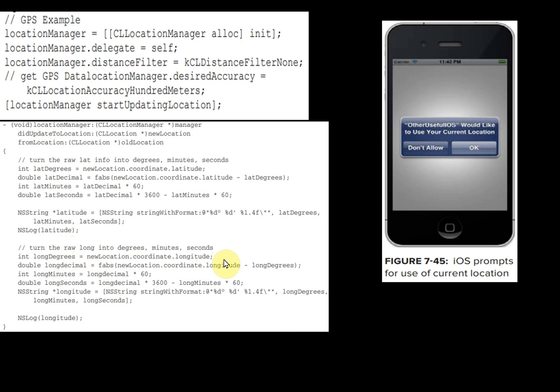In this method, we are going to convert the GPS data that is sent from iOS into the common format of degrees, minutes, and seconds, for longitude and latitude. So that is what this part is going to do here. You can see here new location coordinate latitude. So you are going to take the absolute value of latitude, okay, minus degrees. Along with that, minutes as well as seconds you are also going to consider.